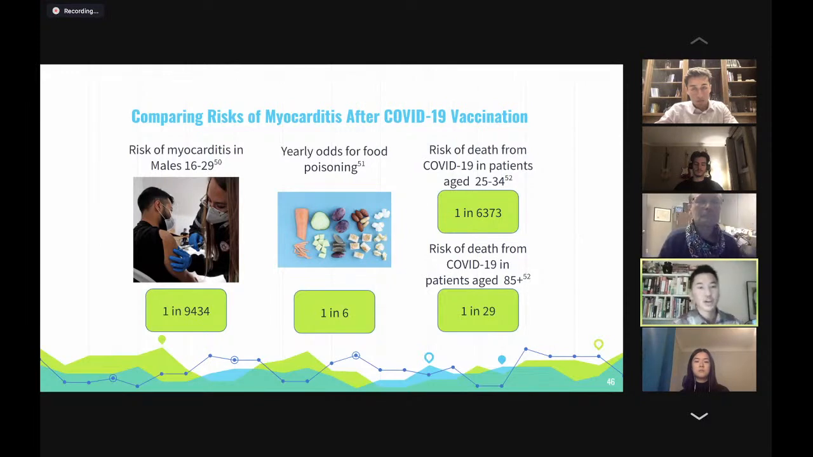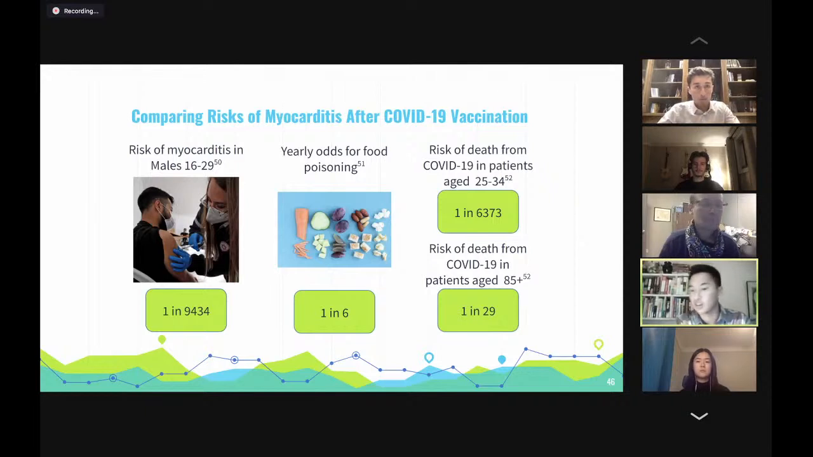that are associated as well. So you can see here that the risk of myocarditis in males 16 to 29, which is amongst one of the highest prevalence rates of all patients, is actually only 1 in 9,434 cases. Meanwhile, compared to something like the yearly odds of an American to get food poisoning is 1 in 6. And if we even bring it back to COVID-19, we can see that the risk of death from COVID-19 in a patient aged 25 to 34 is 1 in 6,373, which is less than the risk of myocarditis associated with